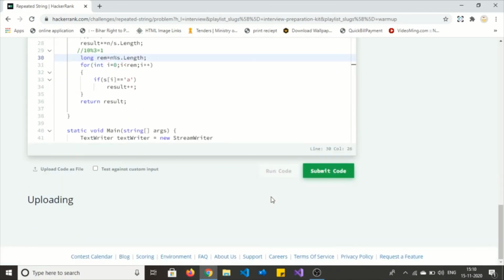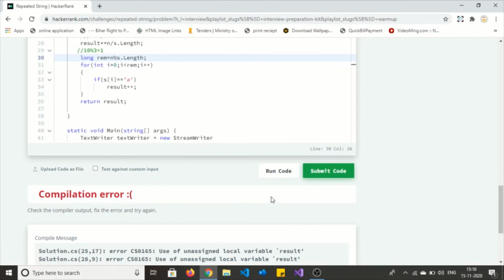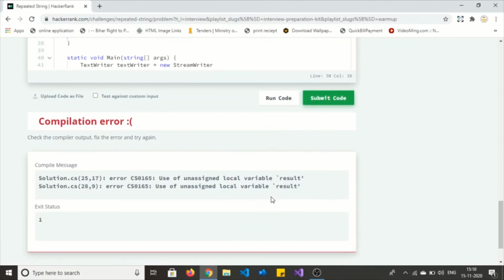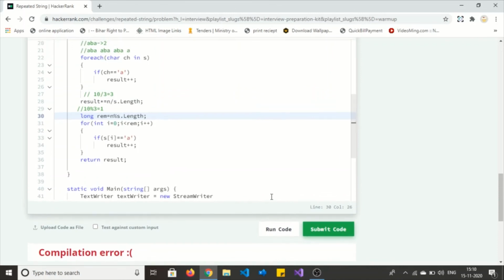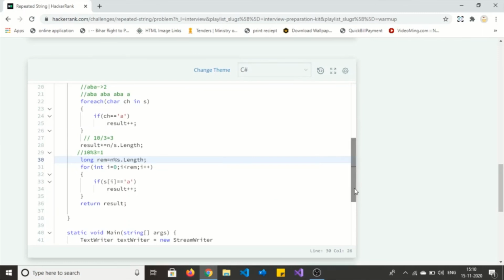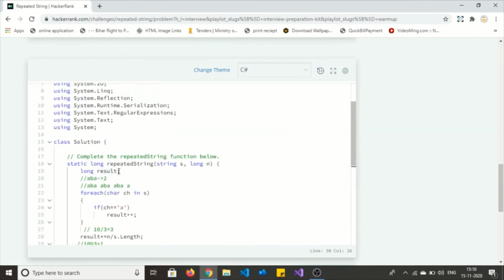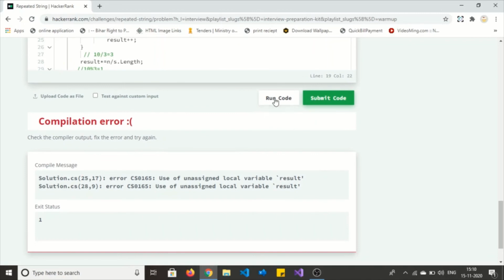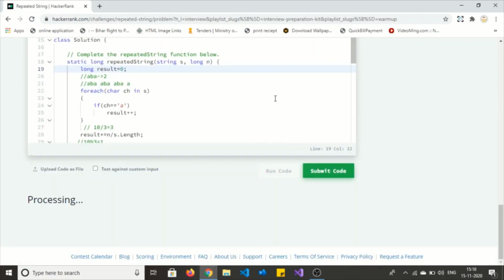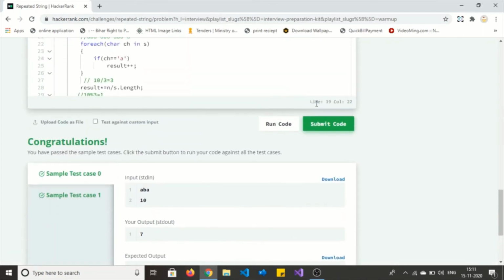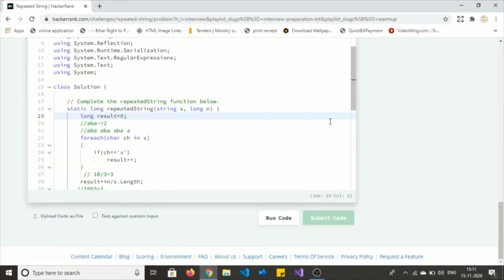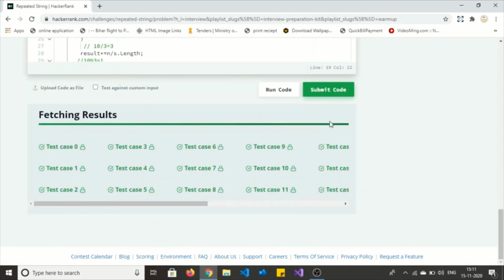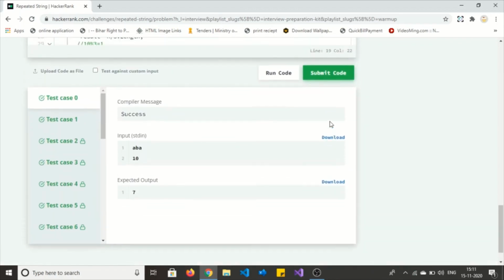Let me run this code again. Unassigned local variable. Yeah, I need to assign the result variable. Okay, again. Yeah, it passed the sample test case. Let's submit this code for final evaluation. Yeah, it passed all test cases without any issue.